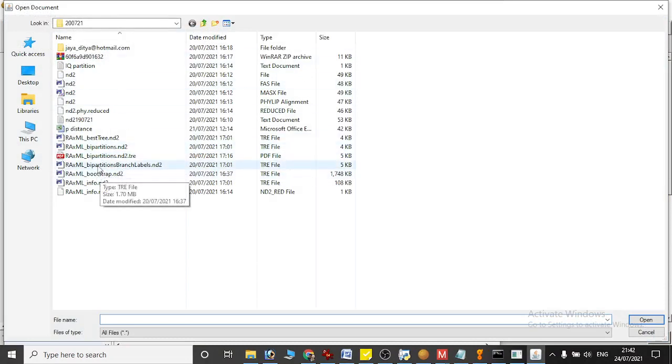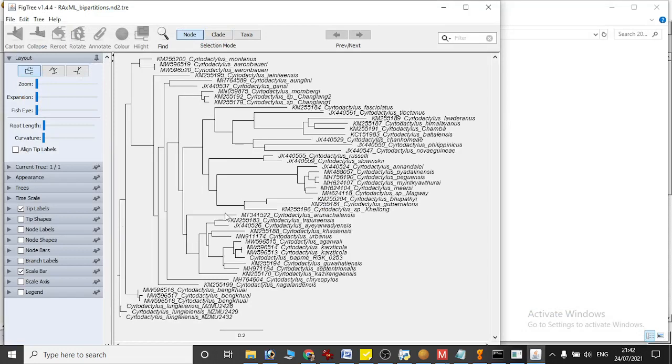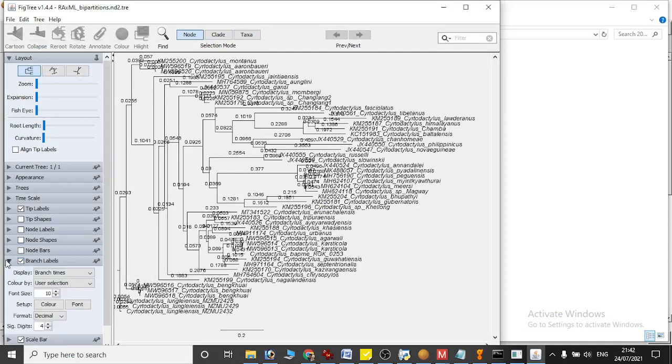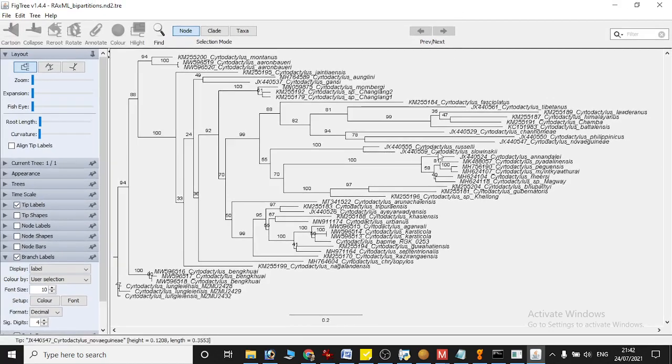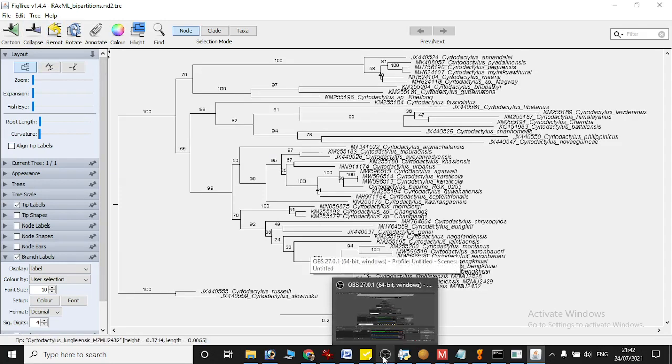You see the bipartition file. You have to go to branch length and select labels for your bootstrap value. Since we did not give the RAxML software the outgroup, it defined the outgroup by itself. The one at the top it took as outgroup, which were the Lung Lai entries. So I'll put Streptocephalus or another as outgroup, and this is the tree and these are the bootstrap values. I think this is what you wanted. Any confusion, you just let me know.